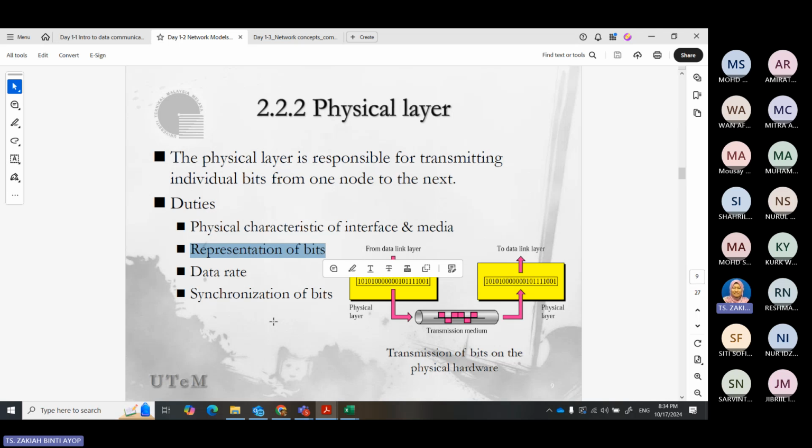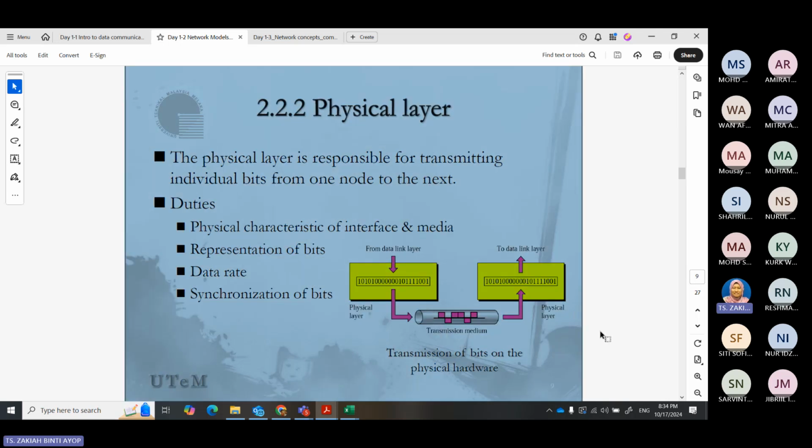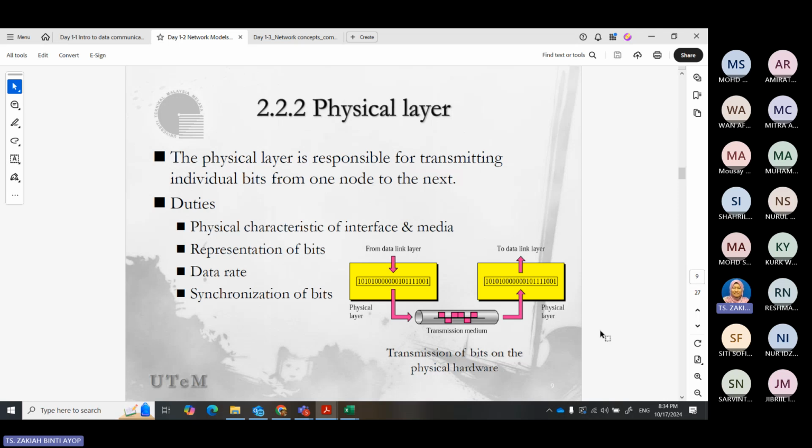So usually the physical layer has some mechanism to slow down or make sure it is synchronized, so the destination can receive it without any collision, because if it's too fast, there might be collisions during the transmission.